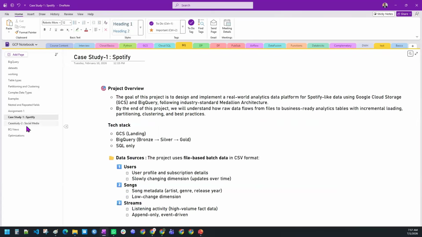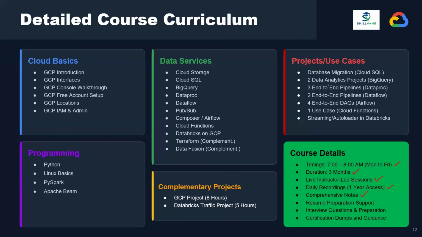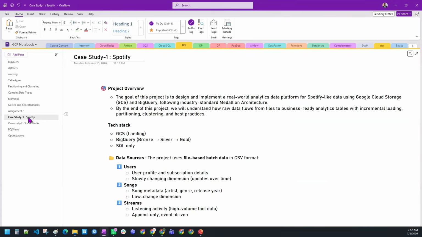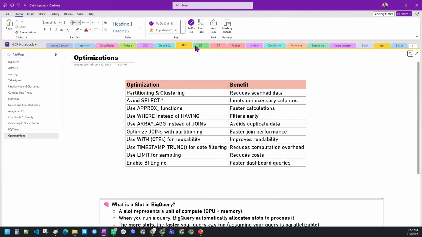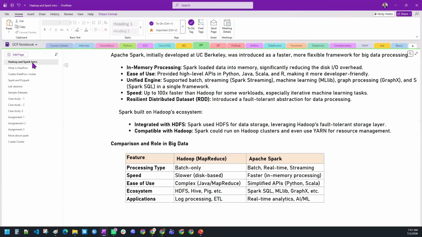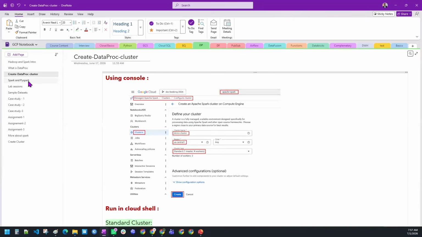Told you 2 case studies. If you look at here, there are 2 case studies for BigQuery. One case study on the Spotify project, one more on social media, and BigQuery views and optimization techniques. Dataproc: what is Hadoop, what is Spark, what is Dataproc, how to create a Dataproc cluster, Spark and PySpark,